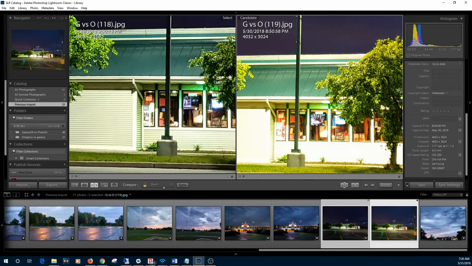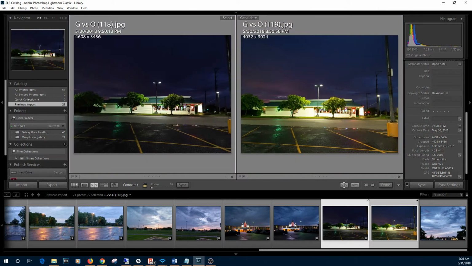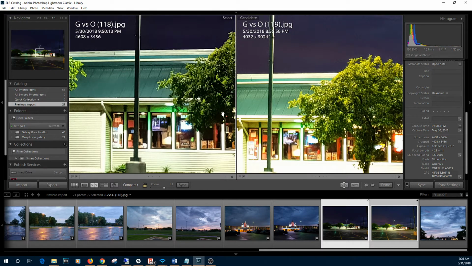But look at the differences here in processing. I was focusing right on this area here. So for some reason Galaxy didn't think to kind of go down as much, or maybe I was judging it by the screen and I couldn't tell the difference in exposure. But in any case, if we look 1:1,